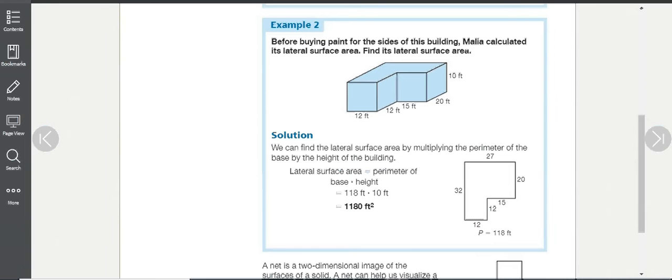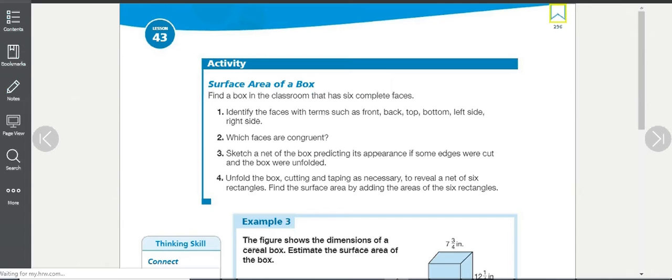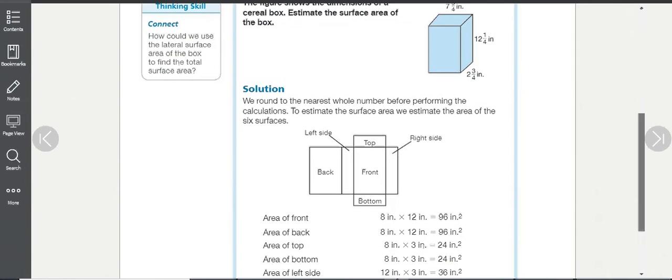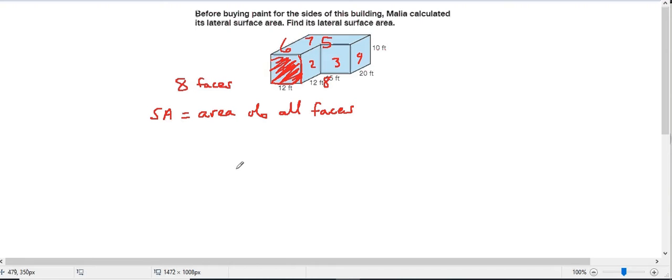So you could do something like this. You could draw a net of it and then add up every side like this. You see area, the front, back, top, bottom. You just have to keep them all straight. And I've taught it that way before. But something that I think will work every time for you that's pretty neat is if you just find